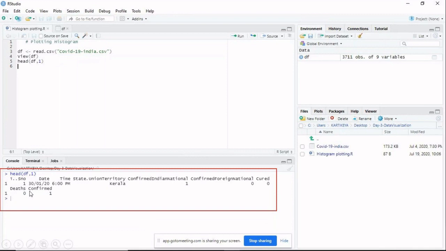Okay, so it is very important because when you want to process a data set or plot a graph, I first need to know what kind of data is present, whether numerical data or string, character data is present. So we have to first observe the head of the data set.